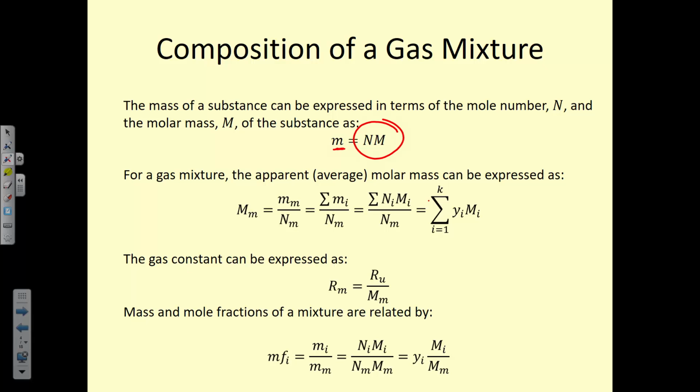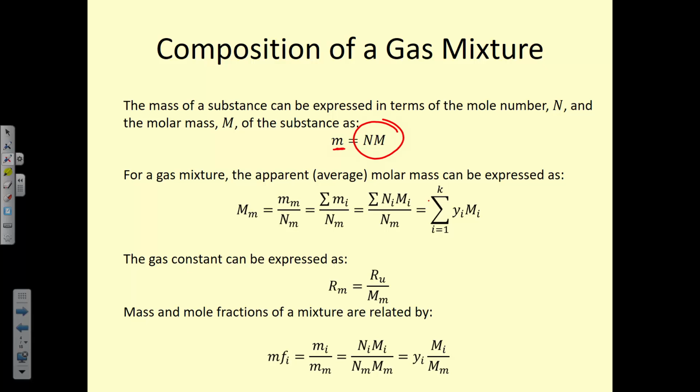You'll also notice, for example, ethane. What's the molar mass of ethane? .07. Okay, it's 30.07. Very commonly, that's approximated as 30. Okay, so if you want to do that in your problems, that's totally fine with me. The same for some of these others, like nitrogen is 44.013. If you want to just call it 44, that's okay too.